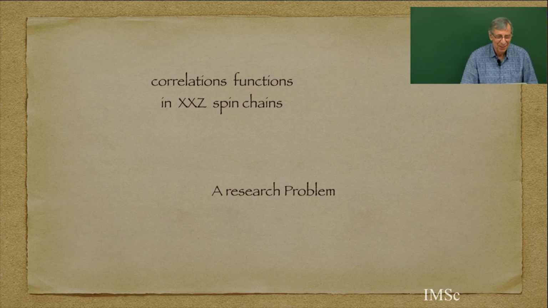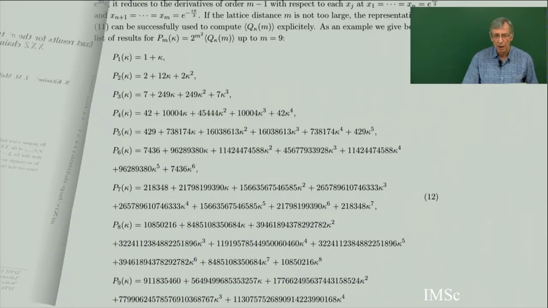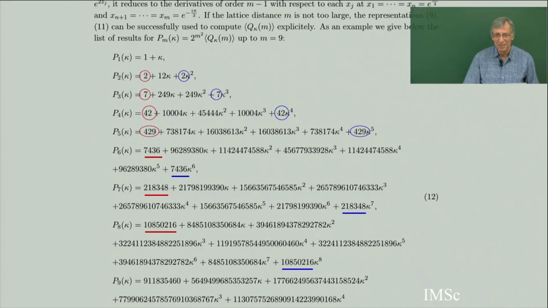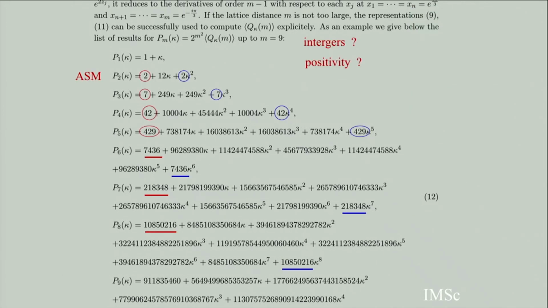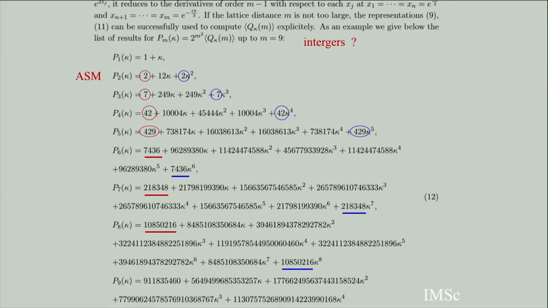So I go back. Last time I showed you a research problem where there was this XXZ and there was some polynomial. You see, this is coming from physics. There are some polynomials, and it is an open problem; from the physics, this is just by experiment. And the fact they are positive is just by experiment. There is no proof. The fact that they are integers, and the fact that they are positive, and there is something very nice.